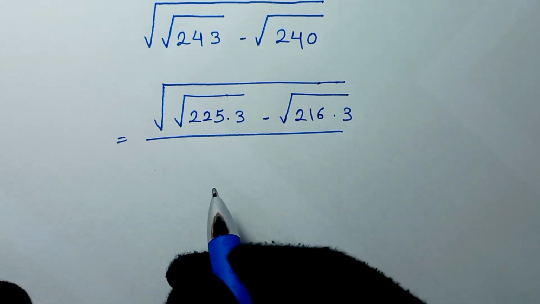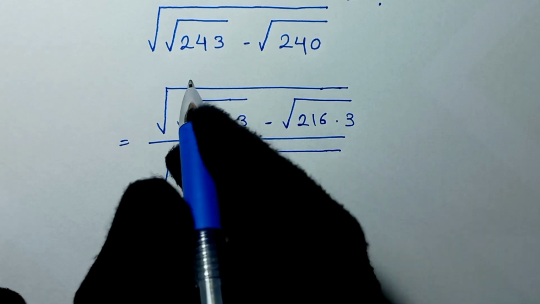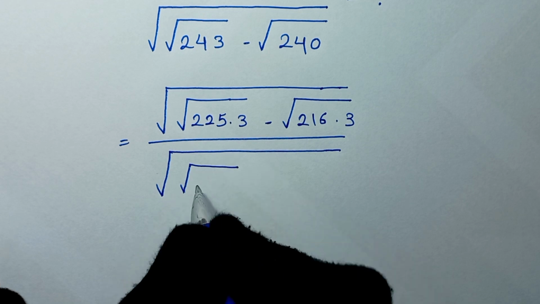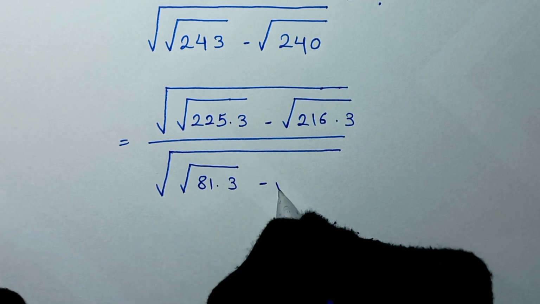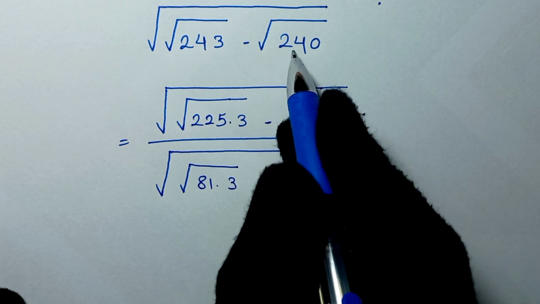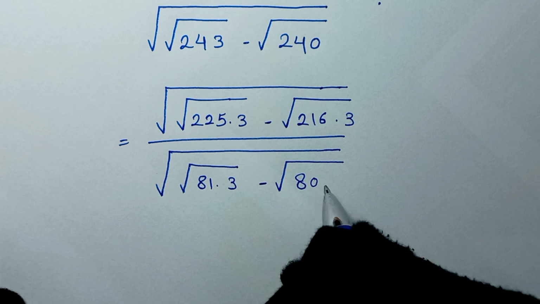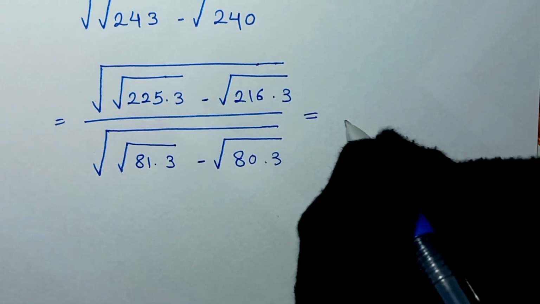And for denominator, we have a square root of 243, and we can write this as 81 times 3, and minus square root of 240, and we can write 240 as 80 times 3. And this is equal to,